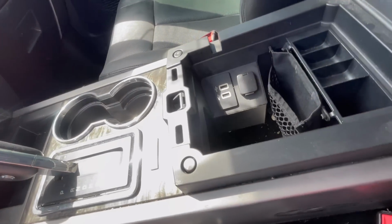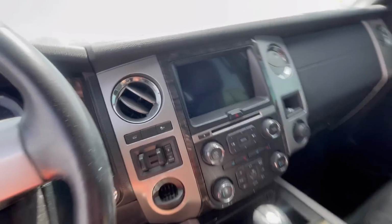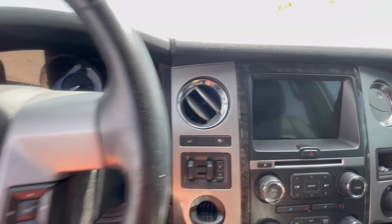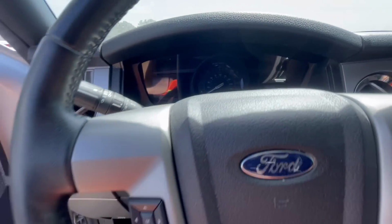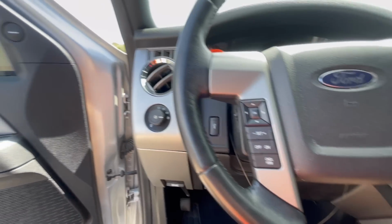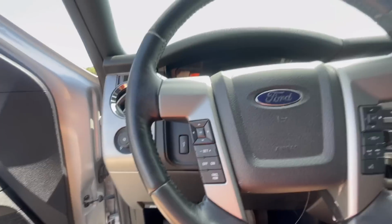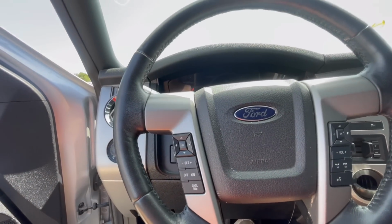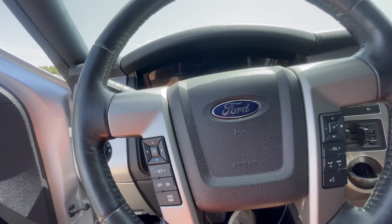Lots of storage here for things. A couple of ports for your iPhones, for your chargers. Kind of a screen. You get a little bitty screen right there. I like the steering wheel. Center speedometer. This is a nice place to be. This is nice, but she's dead as a doornail. I'm gonna have to get permission to get a battery pack out here, because